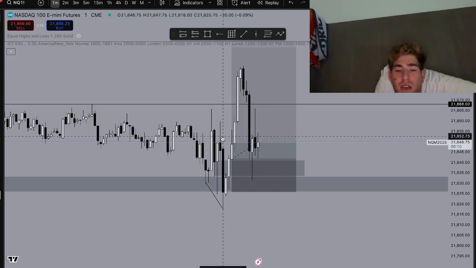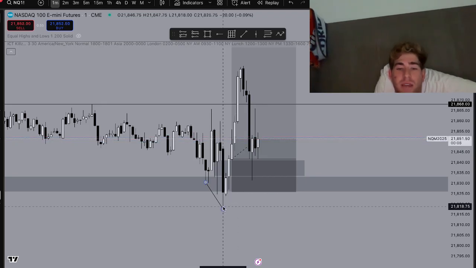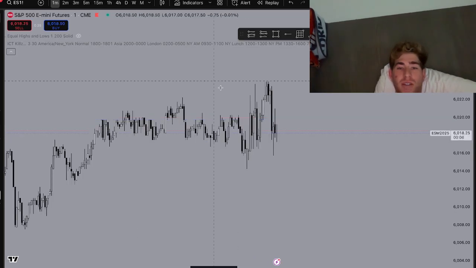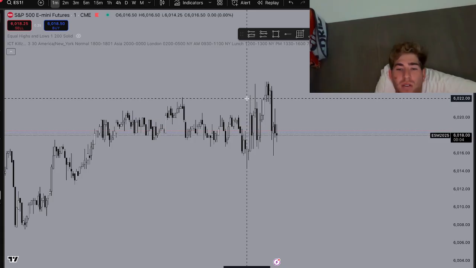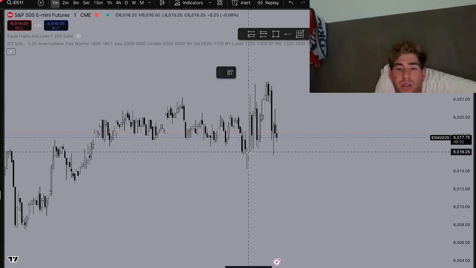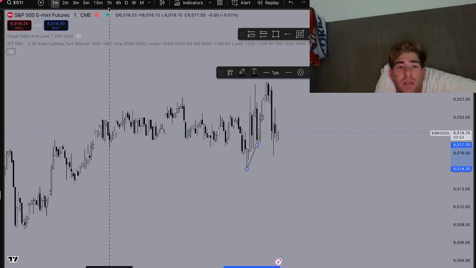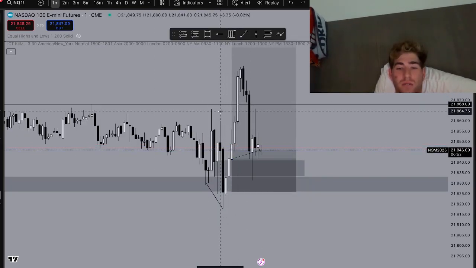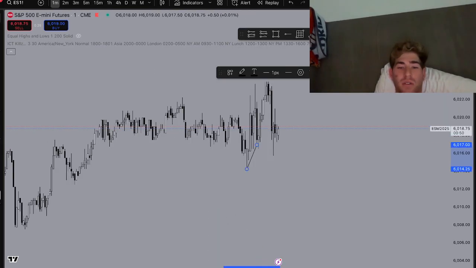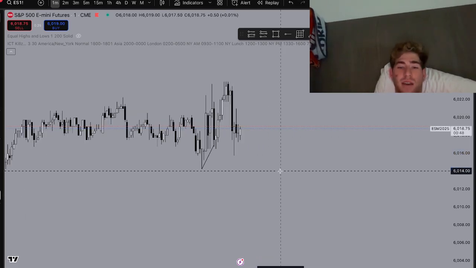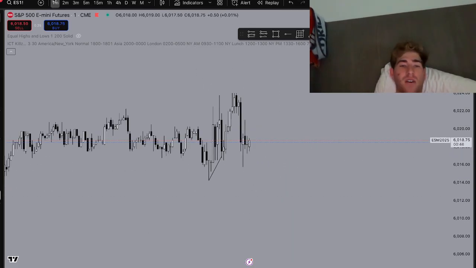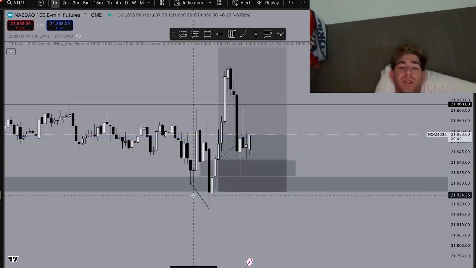9:28 and 9:34. Nasdaq makes a lower low. 9:28 and 9:34. Here. 9:35, my bad. No, 9:34, I think. So 9:34, 9:35. Nasdaq ES makes a higher high. So Nasdaq makes a lower low and ES makes a higher high, telling us there's a bullish SMT, and that